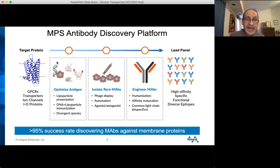We optimize the antigen, incorporate it into our lipoparticle technology. The immunizations we normally do are lipoparticles plus genetic immunization such as DNA, although I will say for GLUT4 we only did a lipoparticle immunization. And then we like to work in divergent species, and our species of choice is generally the chicken. Why chickens? Chickens are phylogenetically distinct from mammals and allow you to access antibodies against highly conserved antigens such as